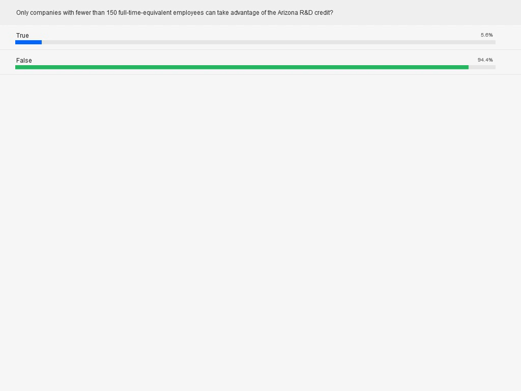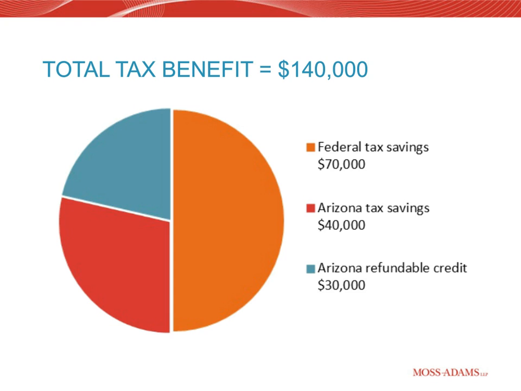All right. Go ahead and move on to the process. Okay, so I'm going to explain the steps and timing associated with this refundable credit filing process. It is a bit complicated, and as I mentioned a few times, there is that $5 million cap in total refundable credit claims. So knowing the steps and timing is really critical.